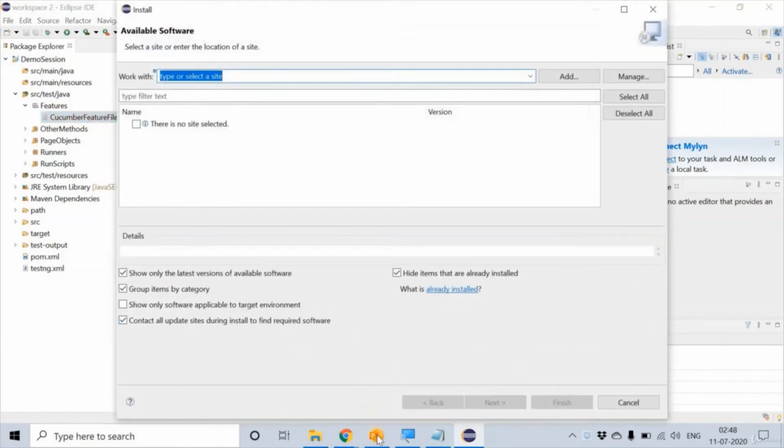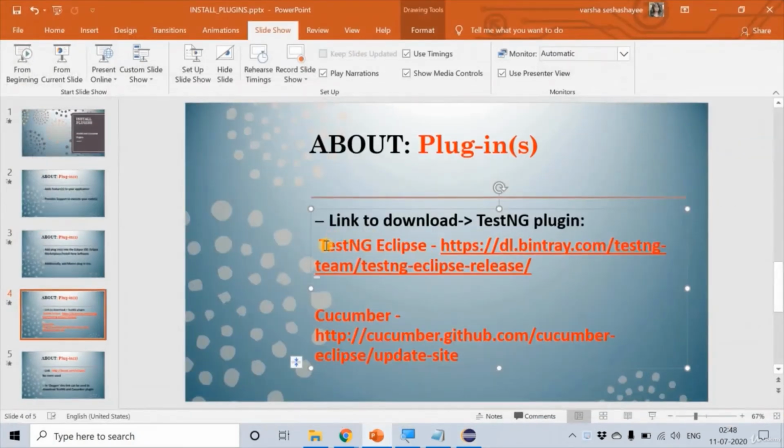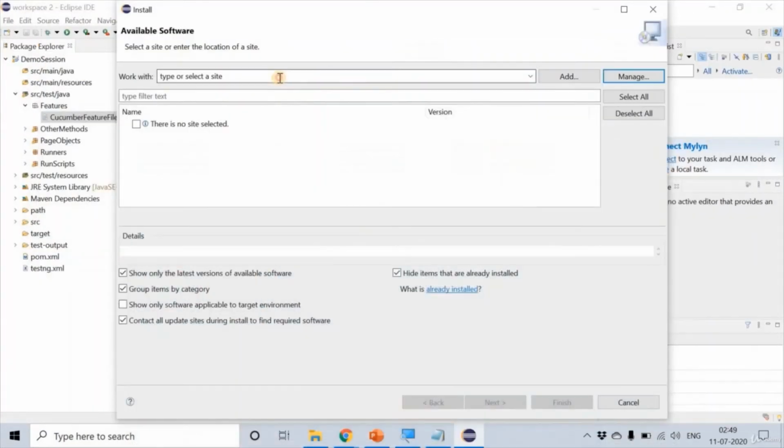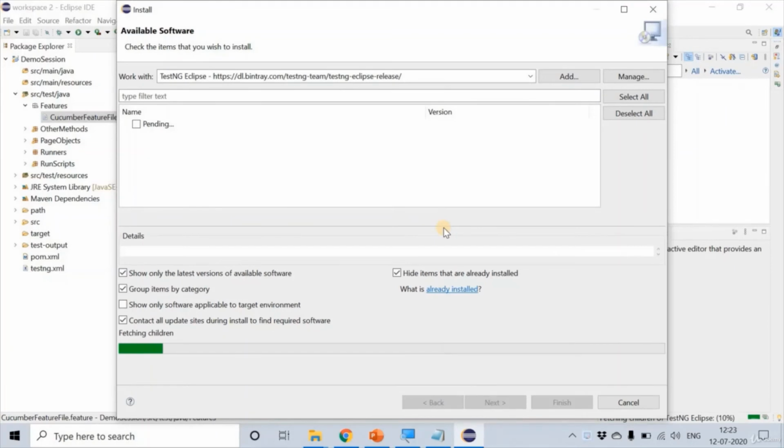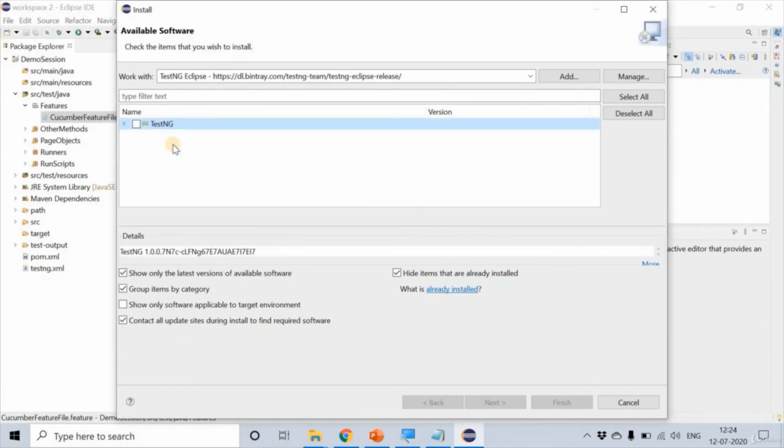So let us copy the link from this PPT. Now paste it in the work with and then click on add. And now you can see an option for downloading the TestNG plugin is given over here.